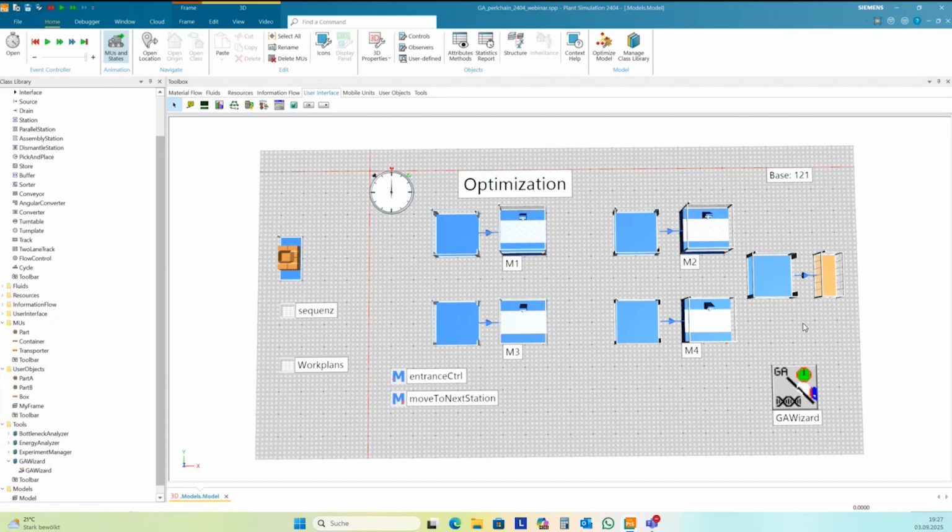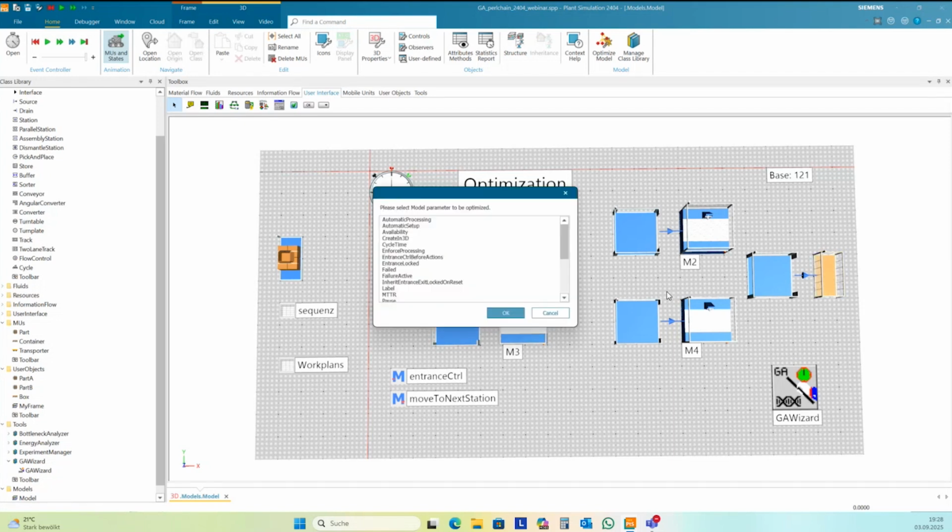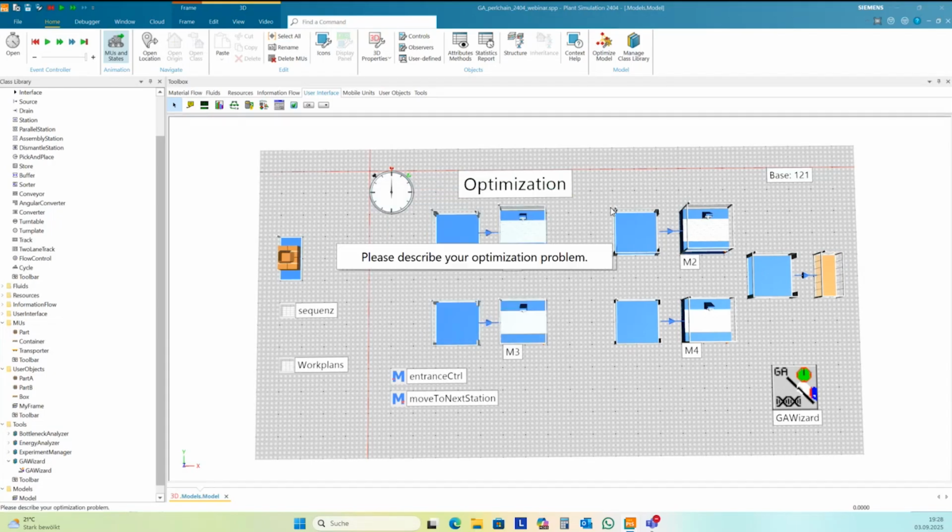Okay, we need to make two settings. First, we need to set the result of this optimization, and the result is train.num_in. For instance, you can hold down the Shift key and drag train to the GA wizard. And okay, that's wrong.